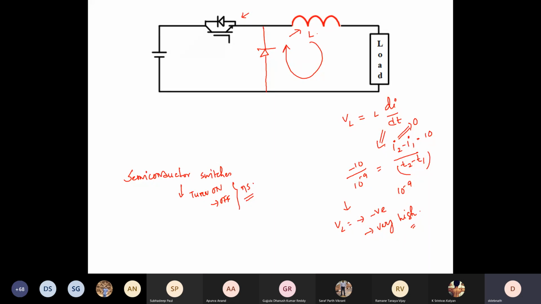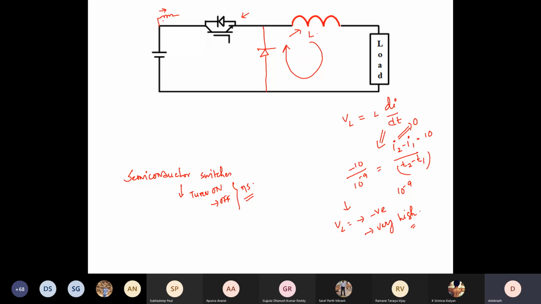Now, the same problem can happen here if I had an inductor in this branch. You need to agree on this. There is no other option, right? So if any inductor comes here, then the same problem will appear, right? When the switch is off, then again this inductor current will see a problem. So I'm talking about an inductor which is on the primary side.